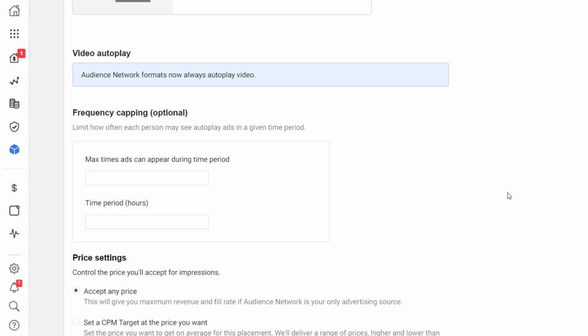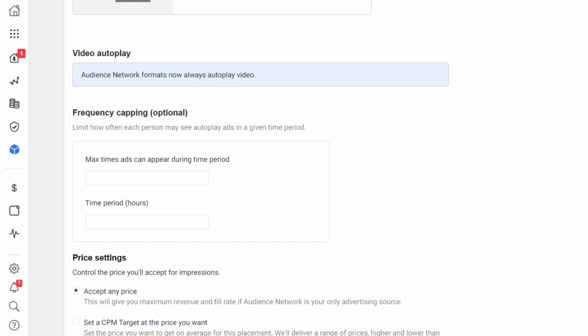So to apply frequency capping, what you need to do, you need to pass two arguments like a maximum time ads can appear during each time period to each person, and second thing you need to pass is time period in hours. But I suggest you to leave it blank because it's optional and Facebook Audience Network will automatically handle it, so no need to worry.